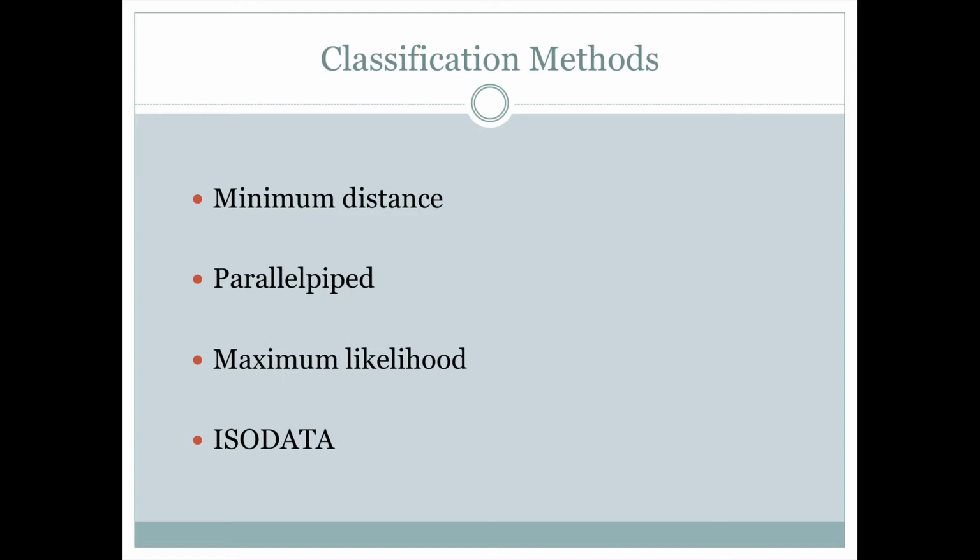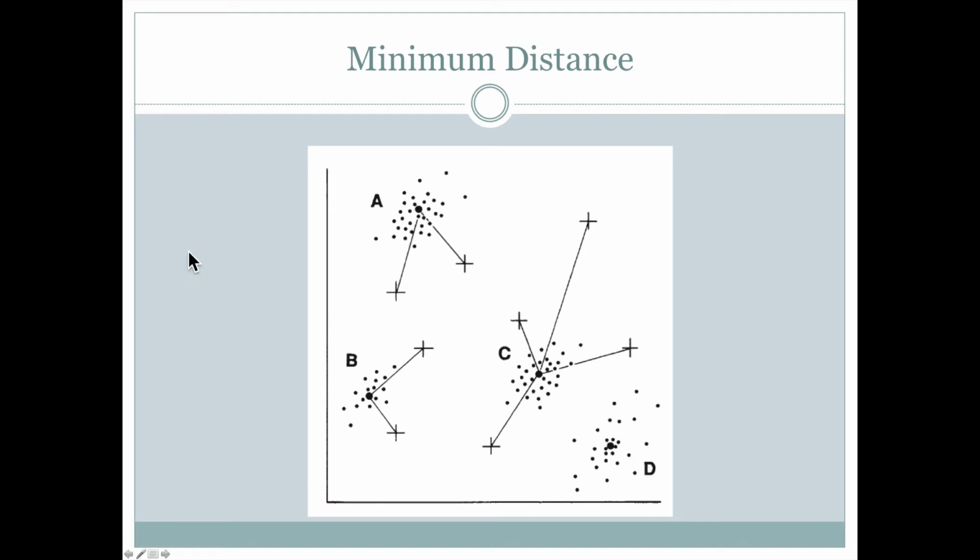There's the minimum distance, one called the Parallelpiped, which is kind of a three-dimensional sort of parallelogram. There's a maximum likelihood classifier, and there's also an iterative procedure called ISODATA. And we'll look at all of these, and we'll do it in two-dimensional space, a two-dimensional frequency space, just to make it a little easier to understand. So with the minimum distance classifier,